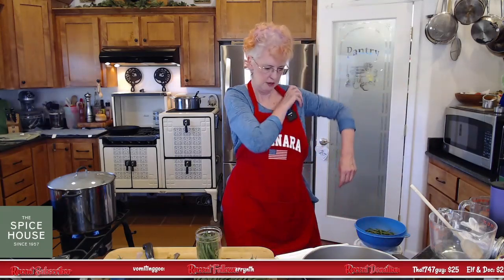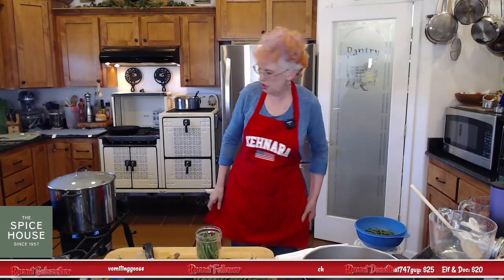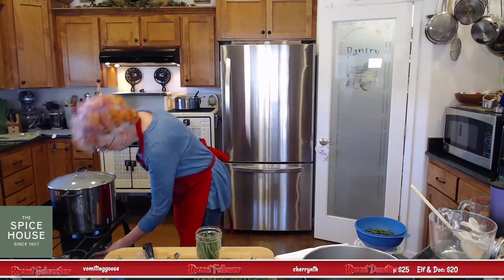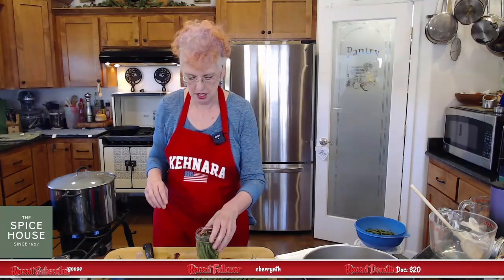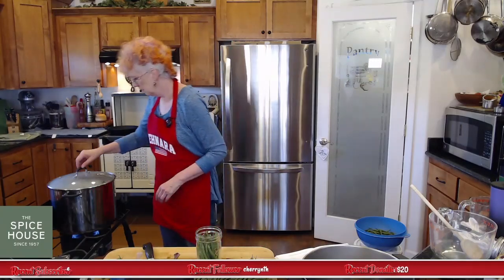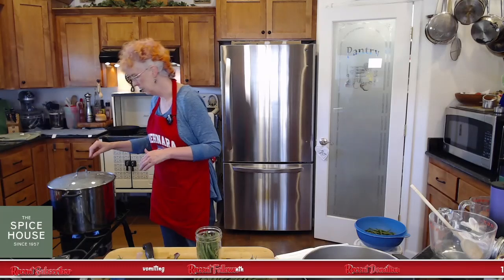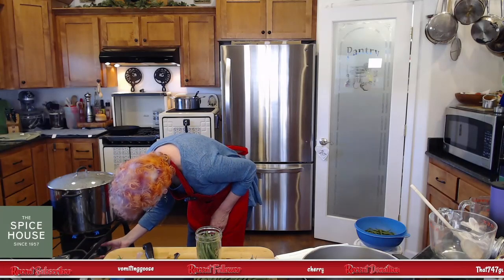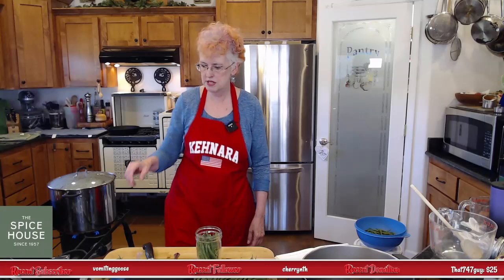Okay, oops, I didn't mean to knock the mic. So once these come to a boil, we're going to process them for 15 minutes. I don't want this to be a rolling boil because it's going to be bouncing those jars all over the place. I just want it to be a nice, steady boil. And you boil it with the lid on, you don't boil it with the lid off. That already seems like it's pretty high, so I'm going to bring that down a little bit. Once I'm happy where it's at,